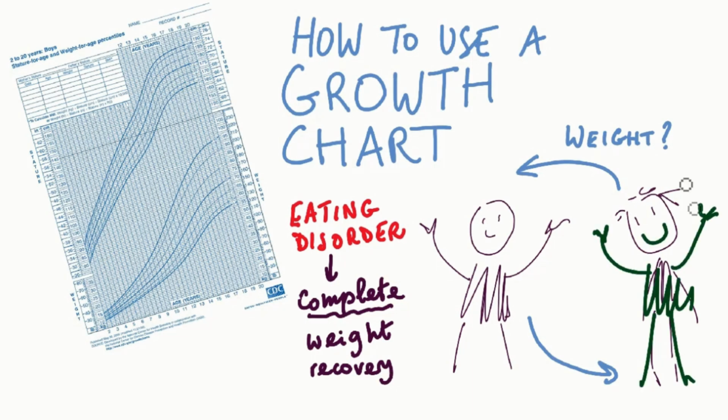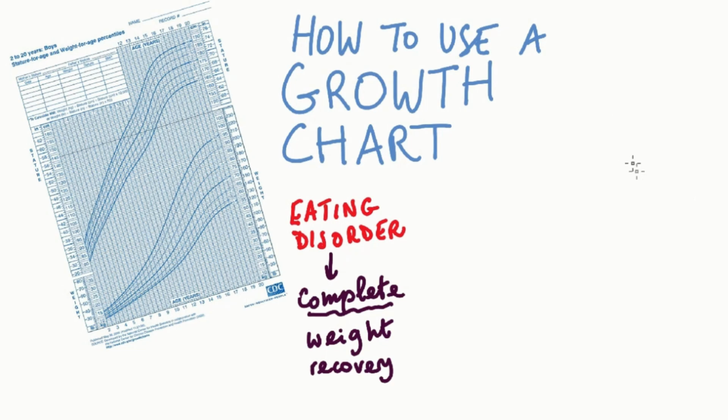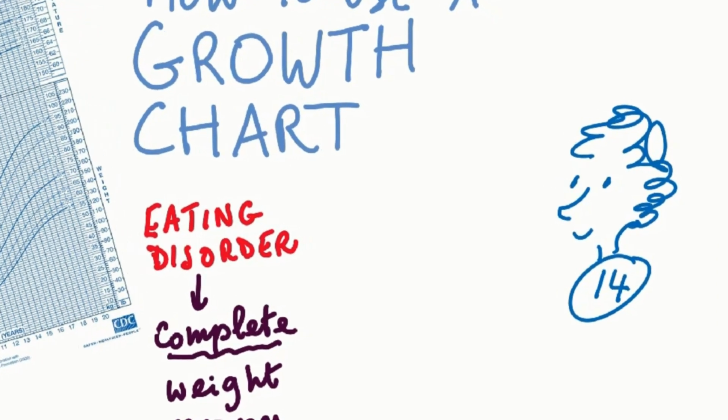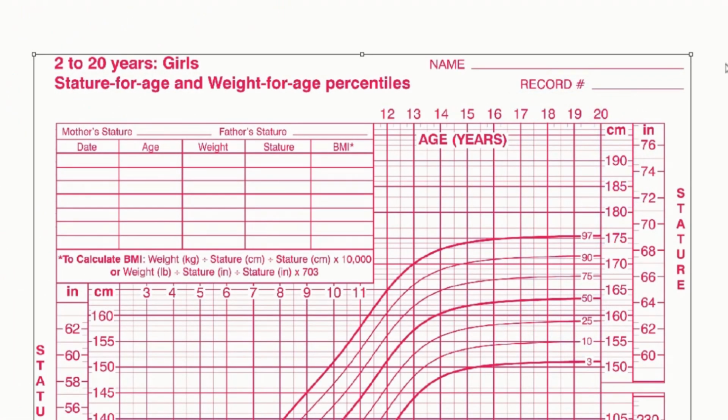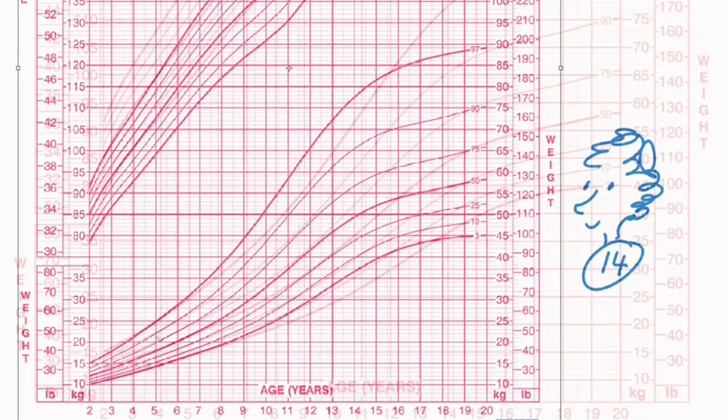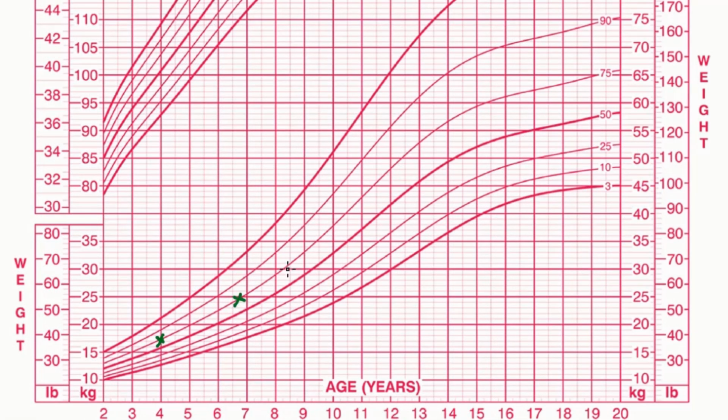mental recovery. So let's take the example of a 14-year-old girl, and we have lots of good data from her earlier years when she was well nourished and healthy. Later I'll tell you more about what happens when you don't have good data. Here's a blank growth chart for girls based on a survey of the American population. I plot this girl's weight across the years, and it's doing what we tend to expect, tracking along one of the percentile curves, in this case the 75th percentile for weight.